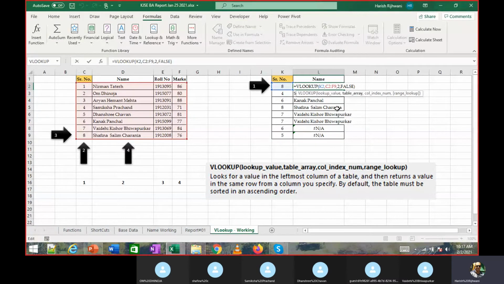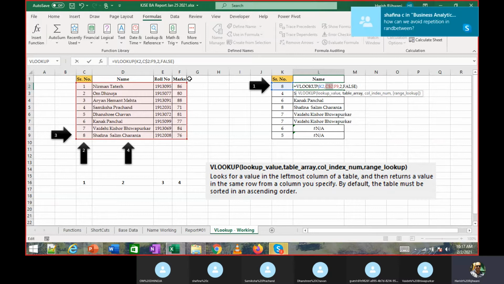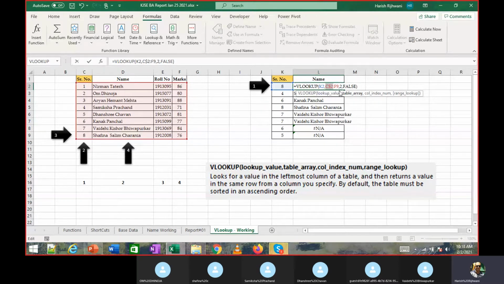So to freeze it, you should move your cursor to C2. Now what happens if I press F4, both of them, the C indicates the column number and this 2 indicates the row number. Both of these are fixed, it will not change. If I press F4 again, I see this is becoming C and $2. So the dollar symbol actually makes that particular value fixed.